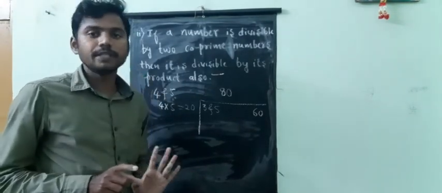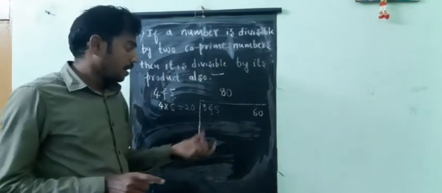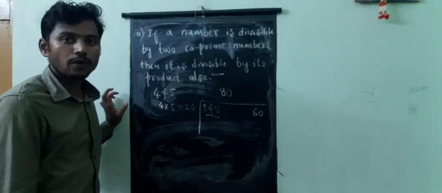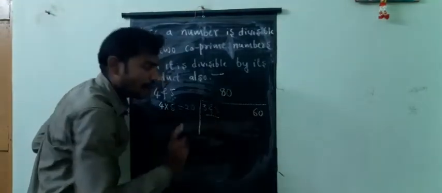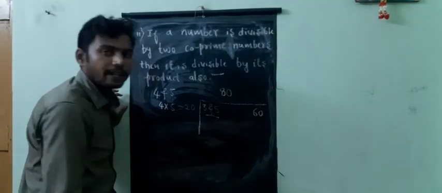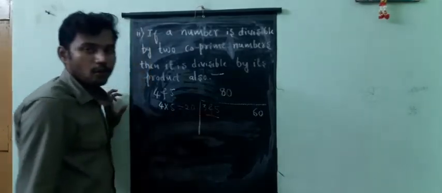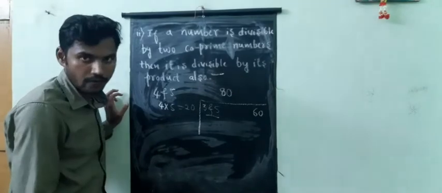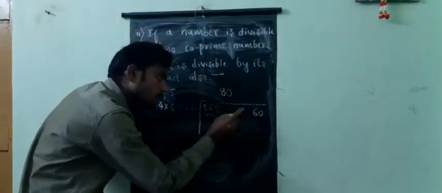If you know the divisibility rule, then playing with that number, or dividing that number, will be very easy for you. Now 3 is the number dividing 60: 3 20s are 60. 5 is also a number dividing 60: 5 12s are 60. And 3 and 5 are co-prime because only 1 is the common factor between 3 and 5. So, according to the statement, their product should also divide 60.